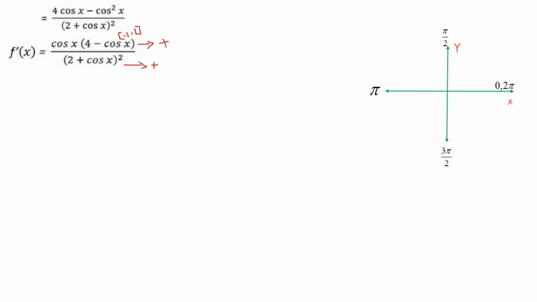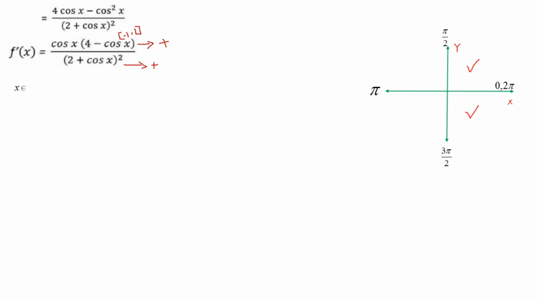So we have learned in class 11, there are 4 quadrants. In the first quadrant, all trigonometric ratios are positive, in the second quadrant sine is positive, in the third quadrant tan is positive, and in the fourth quadrant cos is positive. That means cos is positive only in the first and fourth quadrants. In this quadrant and this quadrant only, cos is positive.